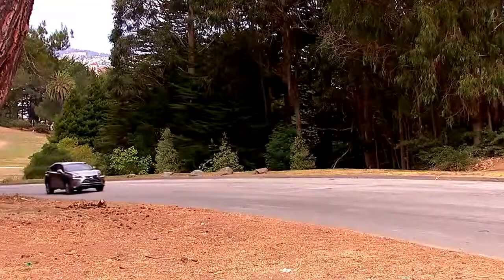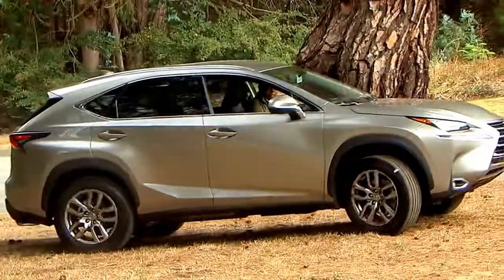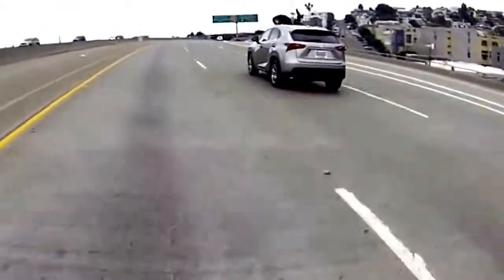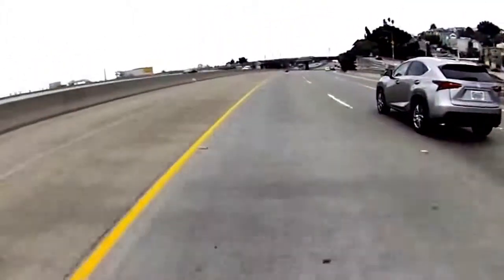This vehicle looks a lot smaller in person, and from the driver's seat, it feels a lot smaller, a lot more nimble, and a lot easier to park, and that's important. The fuel economy is okay at about 24, but if you're looking for better fuel economy than that, then you're probably going to want to hang around for